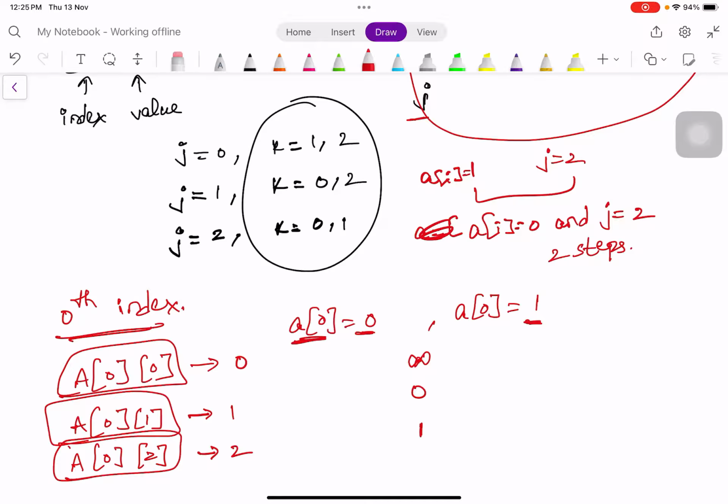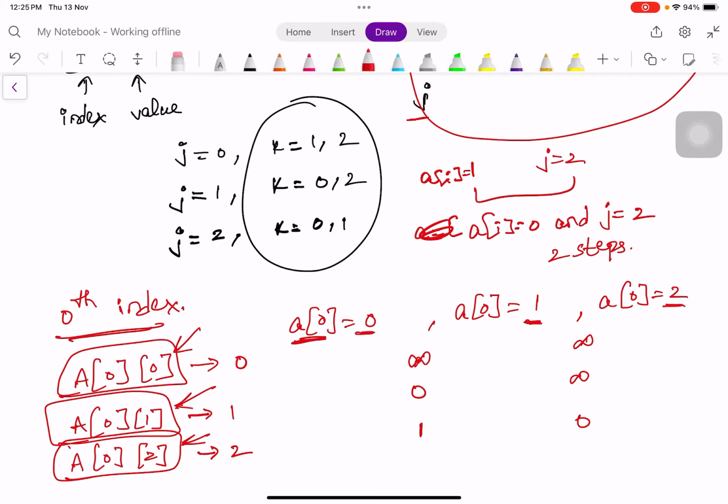Similarly, you will find the values for a of 0 equal to 2. If a of 0 was 2, it's impossible to reach 0. It's impossible to reach 1. And the number of steps needed to reach 2 will be 0. Okay, that's how you will find the different number of steps needed to reach 0,